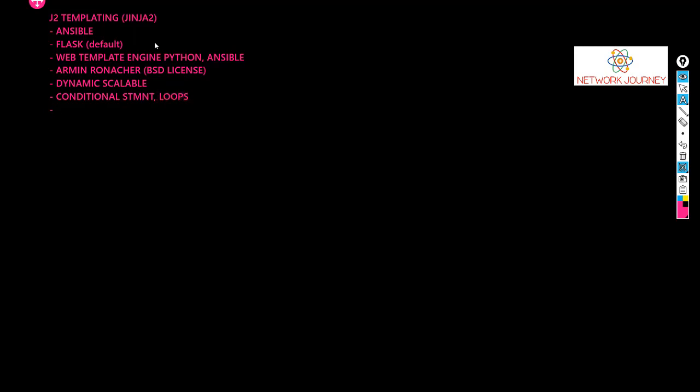We write it to define the variable, or we can also use J2 for comments. The format is the two curly brackets like this. You can have your variable defined, or you can have something like this.